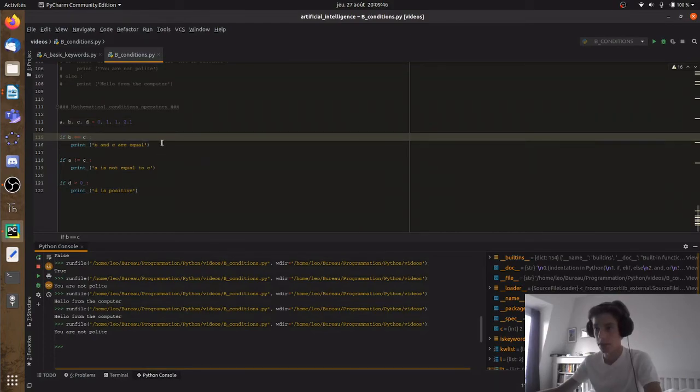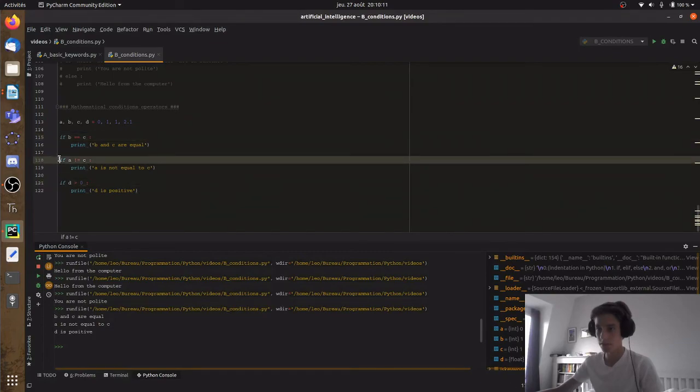So if B equals C, so if B and C have the same value, then print B and C are equal. If A is different than C, print A is not equal to C. If D is superior to 0, print D is positive. I could use all of these operators, but I believe you clearly understand how it works. If I run this, it prints B and C are equal, A is not equal to C, and D is positive. And it runs all of these